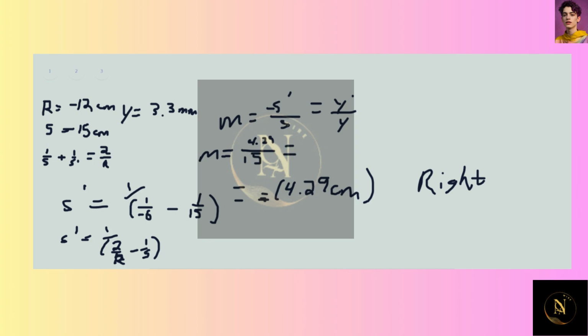So that will give us 0.286. Then if we use this m in this equation here, we can solve for y prime. So y prime equals y times m. And if we substitute our numbers in, 3.3 millimeters for y, and 0.286 for m, we get that y prime equals